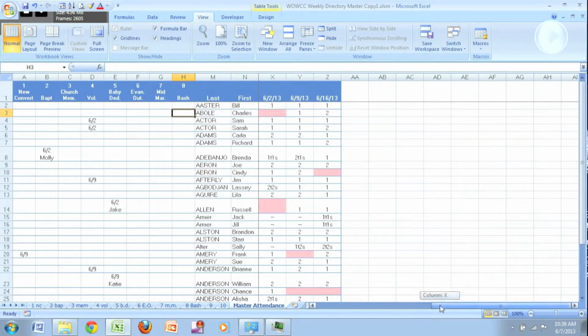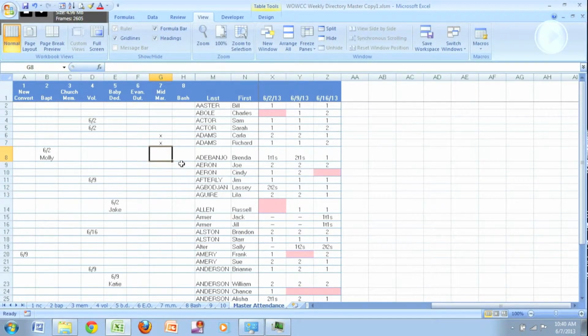So we can now enter either X's or some kind of a code or dates for when people sign up. However you want to do that. And so let's say that we add some more people that want to sign up for volunteering situations. So we're at 6/16, and let's add a person here for mid-married, and maybe, well, let's see, let's do these two, and then